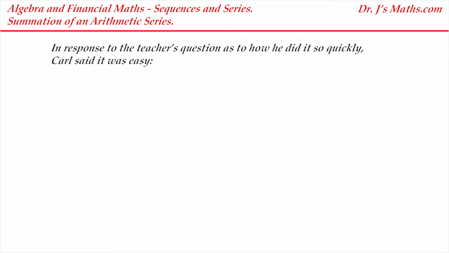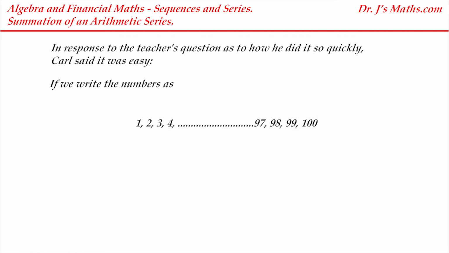Of course, the teacher wanted to know, how come you did it so quickly? Have you done this question before? Carl said, "No, never seen it before, but good question." So the teacher said, "How did you do it so quickly?" And he said, "Well, you write down the numbers from 1 to 100, and then you take the first one